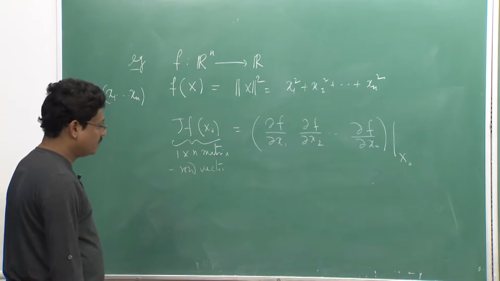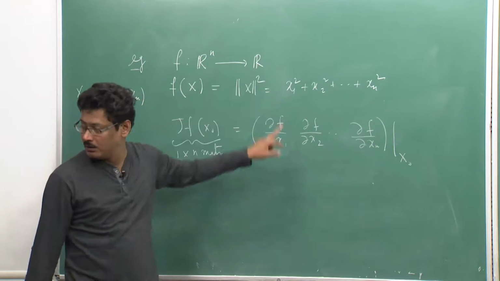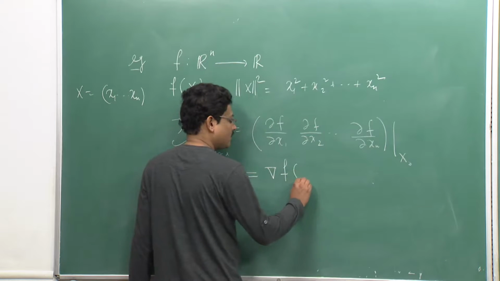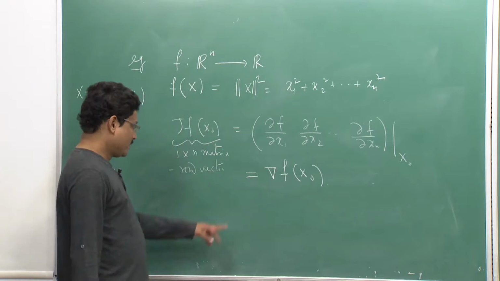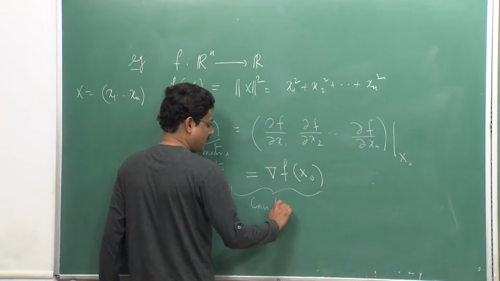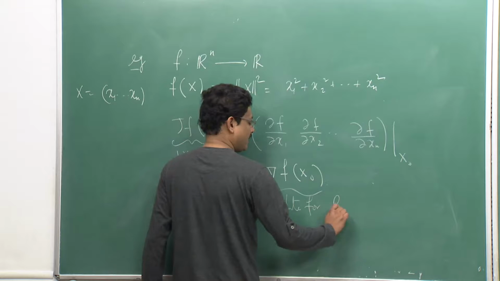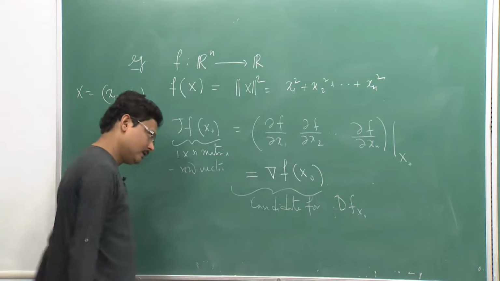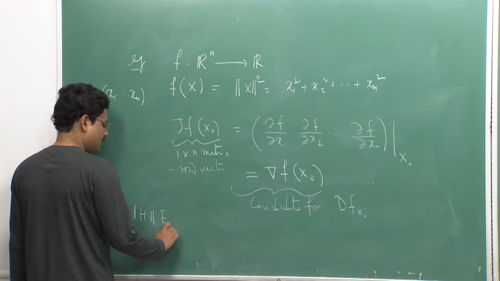Again you will see in the book people do not write Jf(x naught) for a function from Rn to R, one usually writes it as grad f at x naught. So, this is again a candidate for df at x naught,